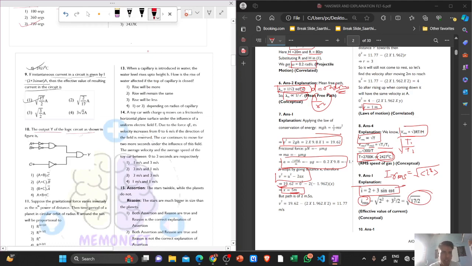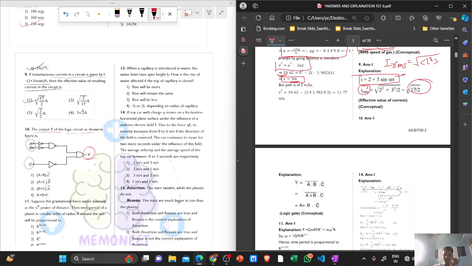Output Y of the logic gate. It is just asking about the output that you get from here to here. You just need to have a knowledge of Boolean algebra and nothing else. Now see, these two are NOT gates, these are NAND gates, this is also a NOT gate. Means this is C bar, this is A bar, then A bar, B bar, and this is a NAND gate. Means product A bar dot B bar, the whole bar. So it is getting here A bar dot B bar whole bar, and here it is an AND gate, that's simply your